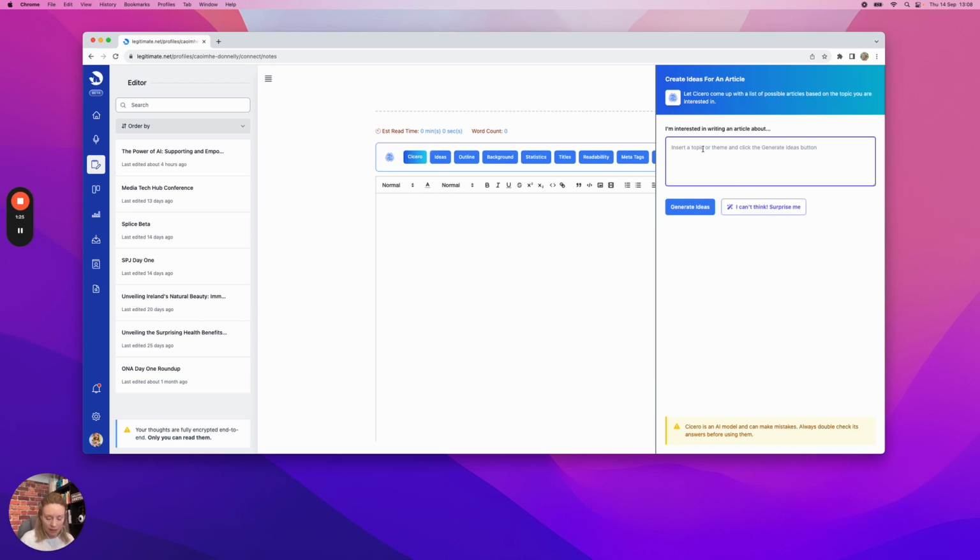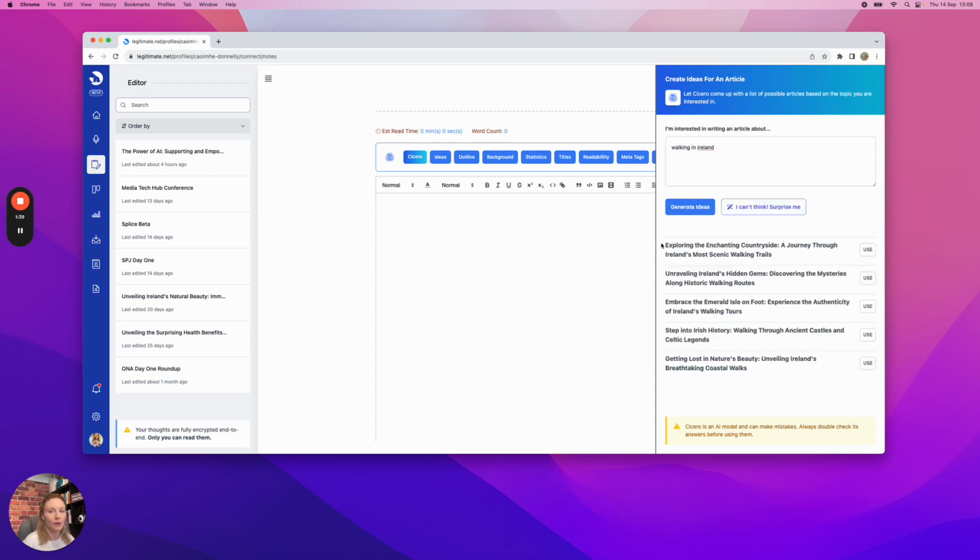So I'm going to write in here walking in Ireland, and it would be sort of this evergreen type content that it will be best used for. It will make some suggestions here, and if I like one of them I can grab it and start writing about it. So there we go. I will choose the first one and click use, and there's my title is populated now, and I can start